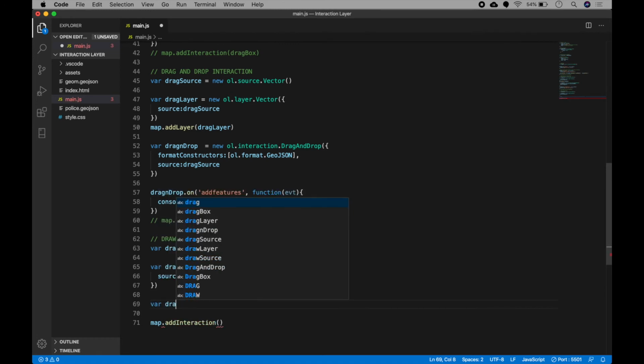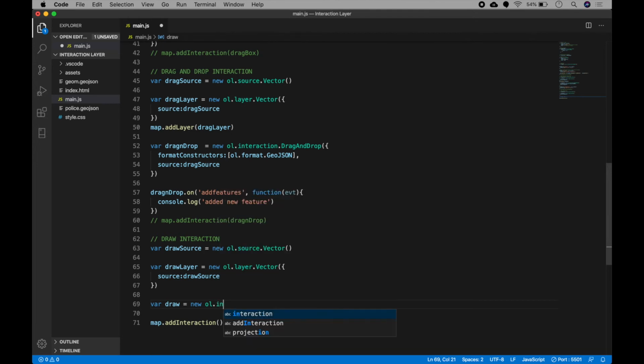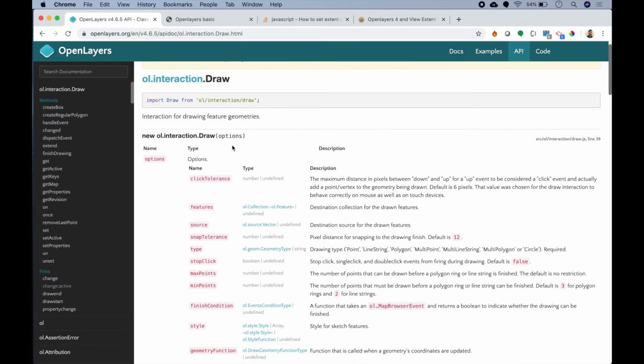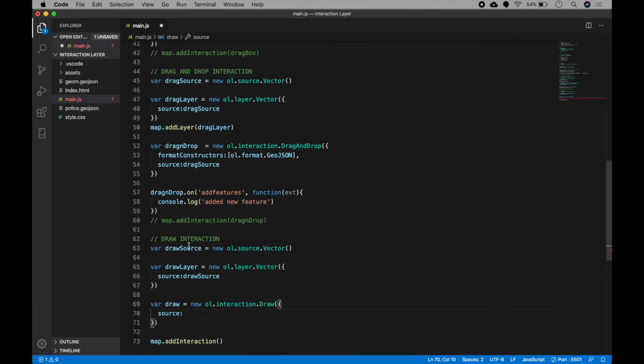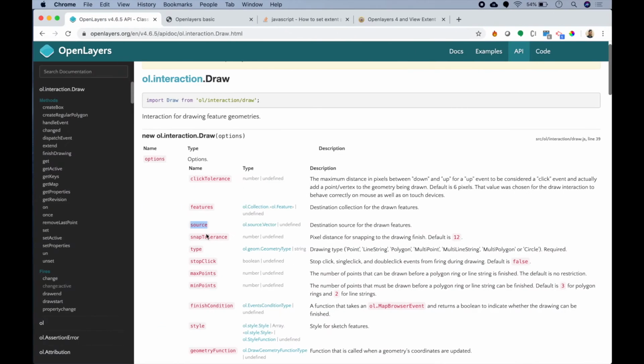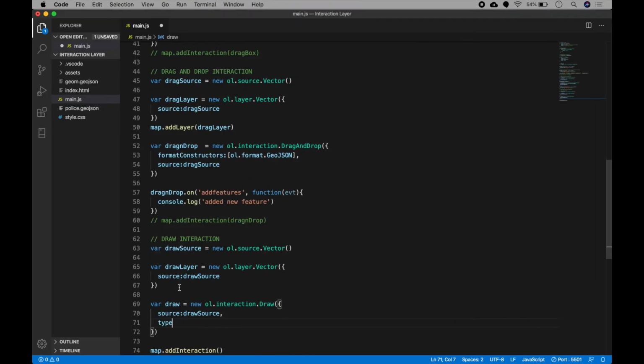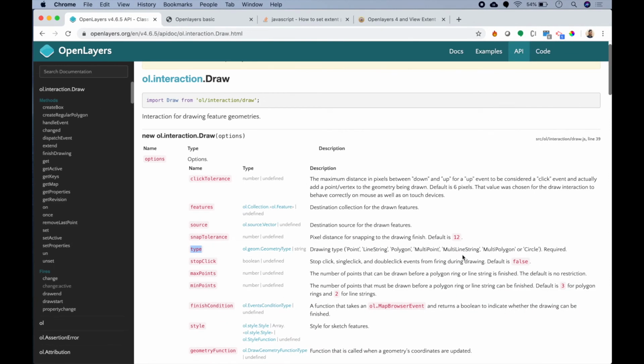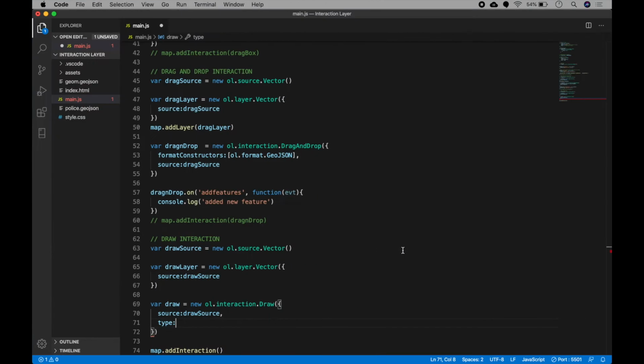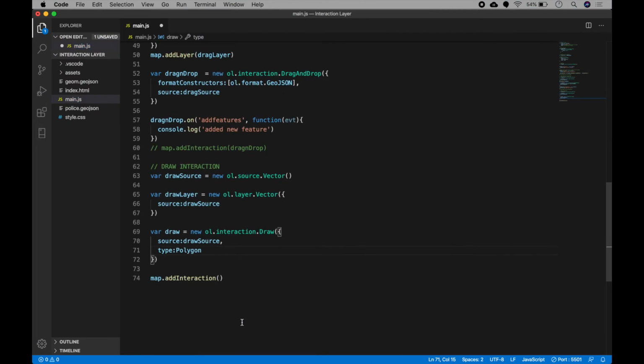So var draw equals new ol.interaction.Draw, and the things that we need to provide first is source, so let the source be drawSource, and then the type, so let the type be polygon for now. Alright, and then we will add this draw interaction to the map, and that's all.